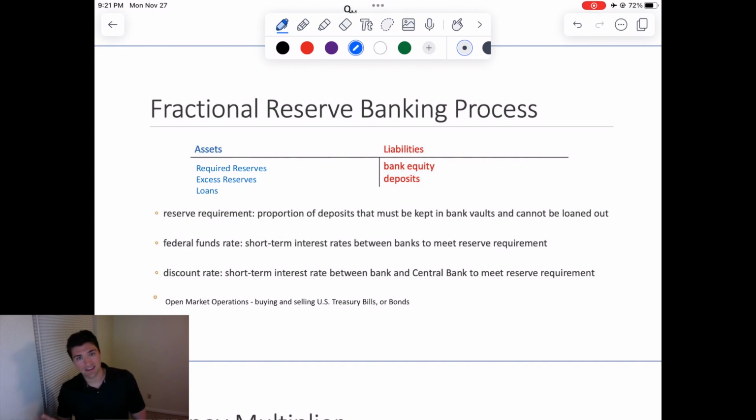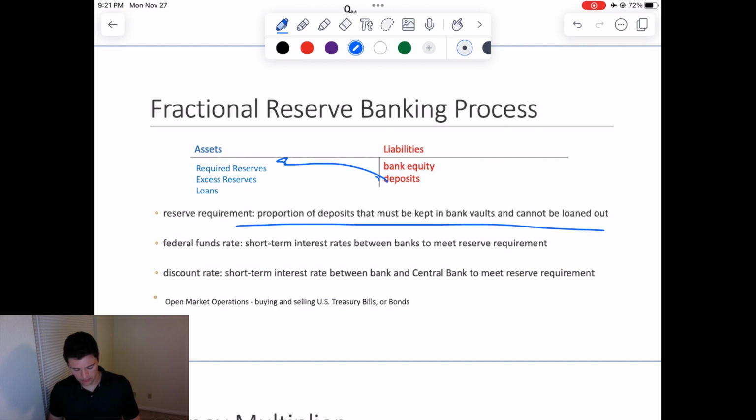Now, where did the bank get that money? That was going to be from the deposits. So people coming into the bank to deposit money, the bank uses that to make reserves and loans. When they make loans, this increases the money supply. Okay, this increases the money supply because what happens here is we get a deposit and we split it up between the required reserves, the portion you have to keep in the bank vaults, and loans, the money that goes